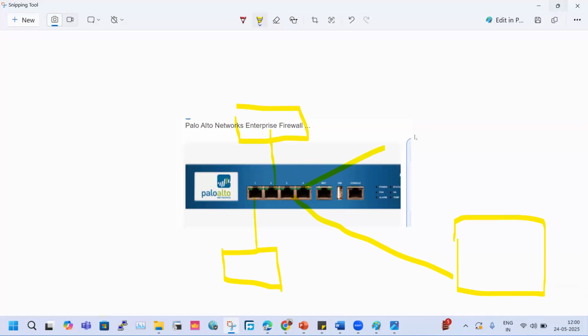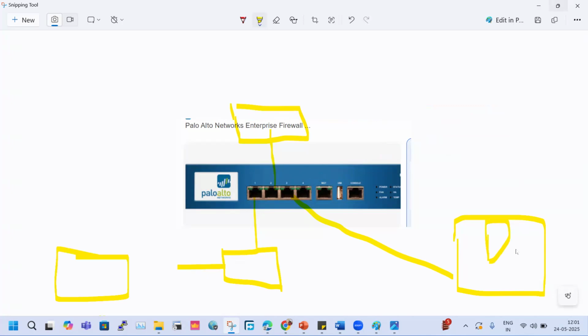This is the least possible configuration with the firewall. Similarly, you can have multiple zones. You can have a third-party vendor zone created according to your need. You can create a VPN zone according to your need. So in the local area network, all your local users will be sitting. The DMZ zone is your demilitarized zone, as we discussed. All the public servers will be placed here. FTP servers, email servers and all, right?